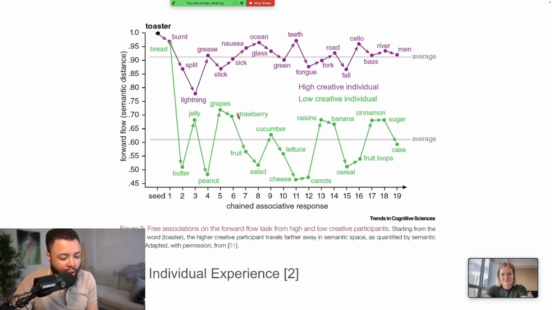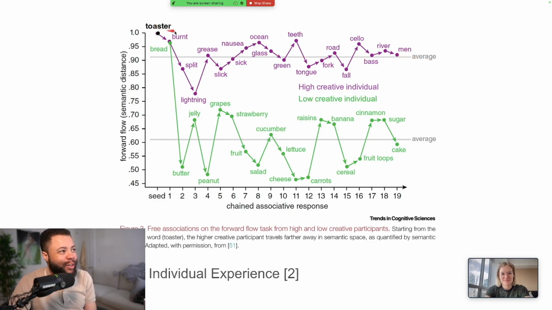There's a game called the association game or something. My friend actually taught me once many years ago, where basically it's a game you can play with your friends where you start out with a word and then you say, I'm going to count for 10 seconds and I want you to basically jump through words and then tell me what word you ended on. And then I have to try and figure out your path of how you got there. So, for example, toaster, men, right? If after 10 seconds you said men, you're like, oh, wow, I don't even know how you got from toaster